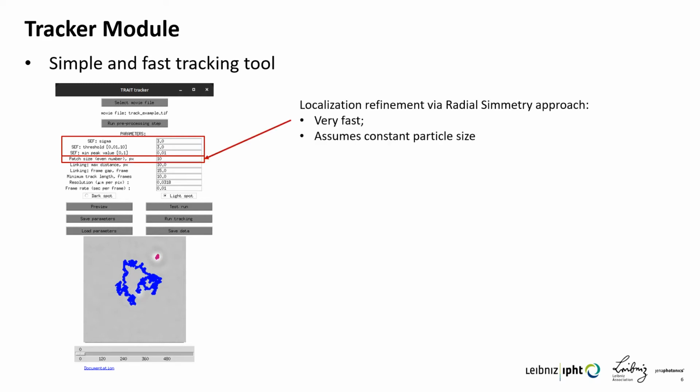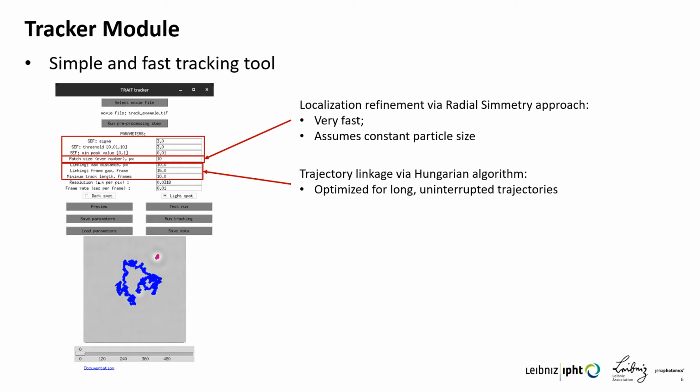And then the spots are further refined using the radial symmetry algorithm for 2D Gaussian fitting, which is very fast but assumes constant particle size, so we don't have an estimation of the size of the particle through this refinement approach. Then the trajectory linkage is done with a Hungarian algorithm, which is thus optimized for long uninterrupted